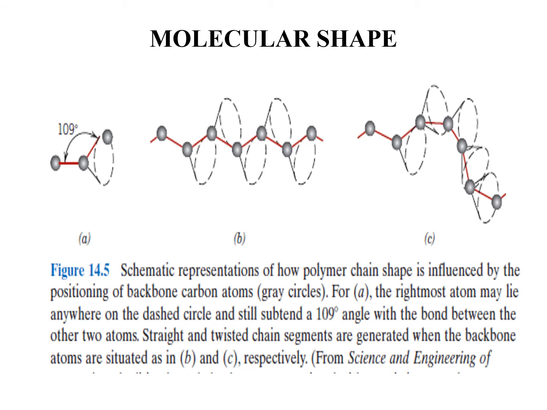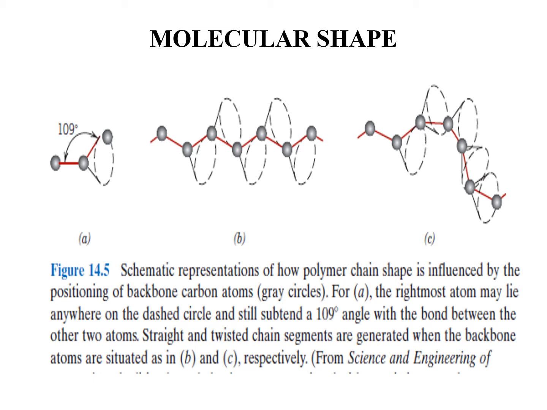Okay, so after synthesis, the molecule can change its shape by rotation about the single carbon-carbon bonds in the backbone. If there is a single bond between the atoms, it can be rotated or bent anywhere. The particular arrangement of the chain due to this rotation is called the conformation. The angles between bonds around a carbon atom in the backbone are approximately 109 degrees.